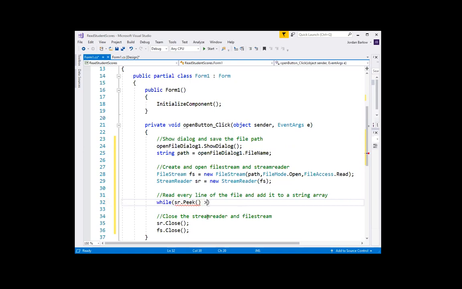So while, oh, excuse me, it's 0 or 1 if there are more lines to read. It's -1 if there are no more lines to read. So I want to iterate this loop while the peek method is still returning 0 or higher, meaning that there's still more lines to read. So while there are still more lines to read in the file,